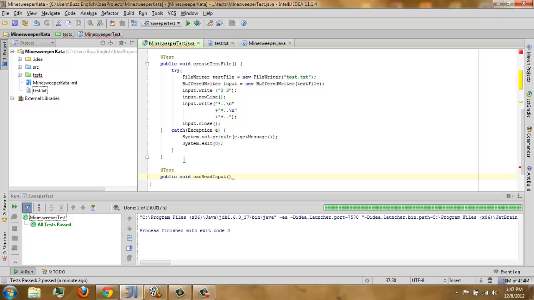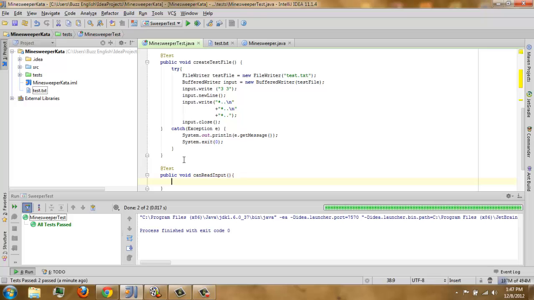So let's have ms.readInput, and we want to pass a string for the file name. This is just to prepare our test, to make sure we will not have any error and that our file does exist.